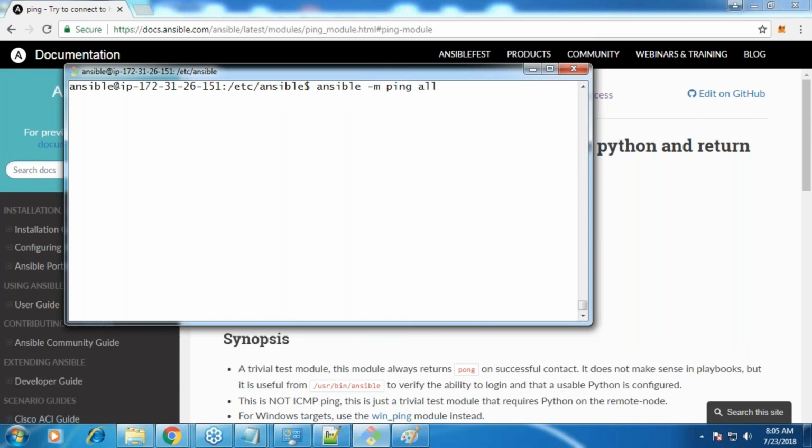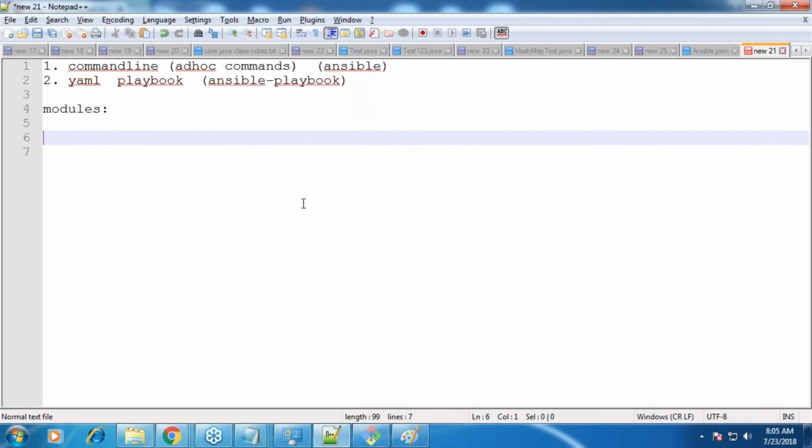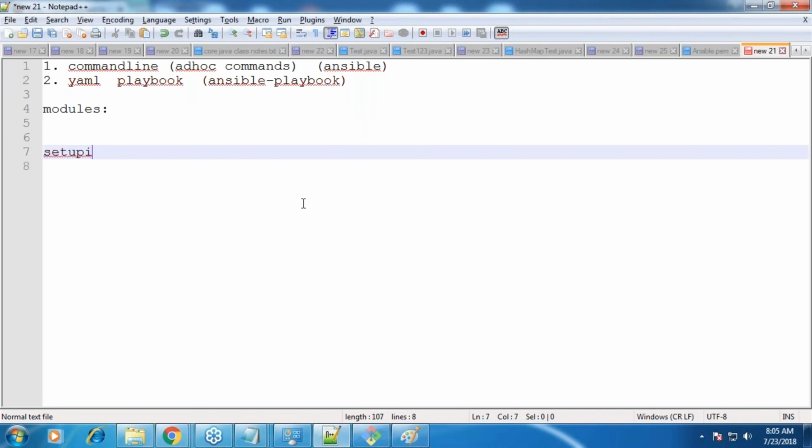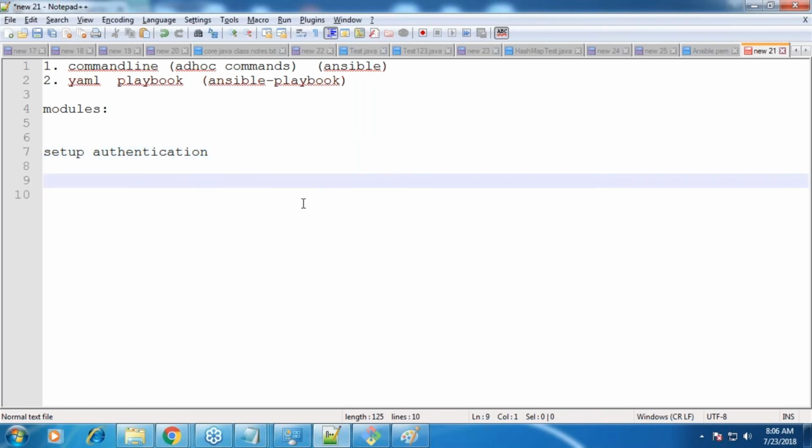Okay, so setting up the username or setting up authentication. For setting up authentication, what is the first thing which I said I'll be using?